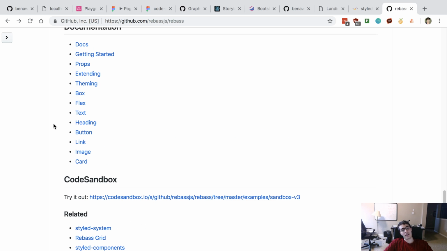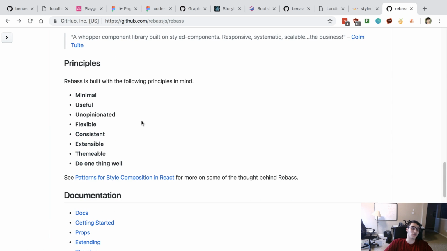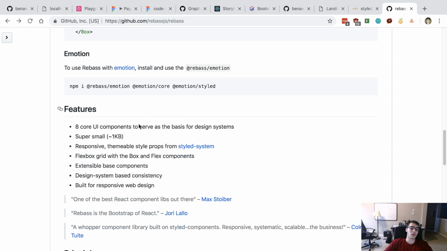So does that mean, I guess with this, you don't actually deal with styled system directly? You just use rebase and you kind of use it underneath the hood. I see. So then if I need to extend things. Cool.